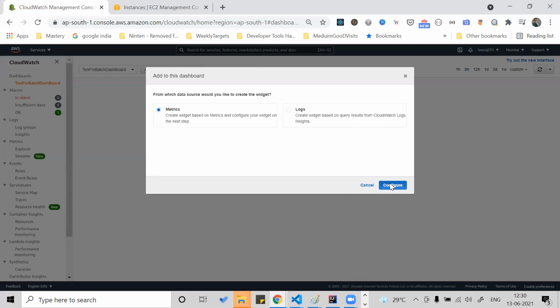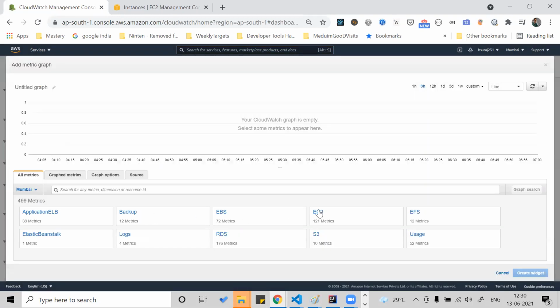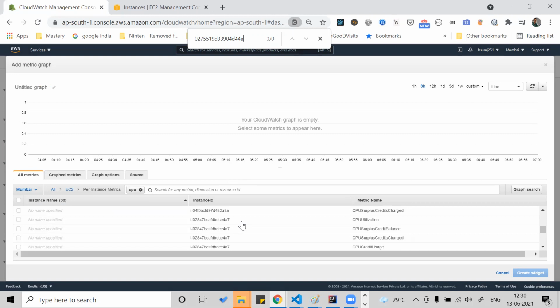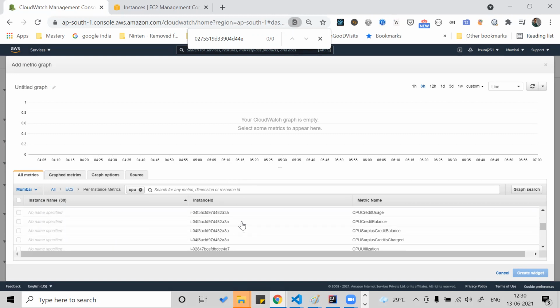We'll add the metrics, configure. We'll add the metrics for EC2 per instance. Per instance metric. And we'll be doing the CPU utilization metrics. I think it takes time to get connected here.